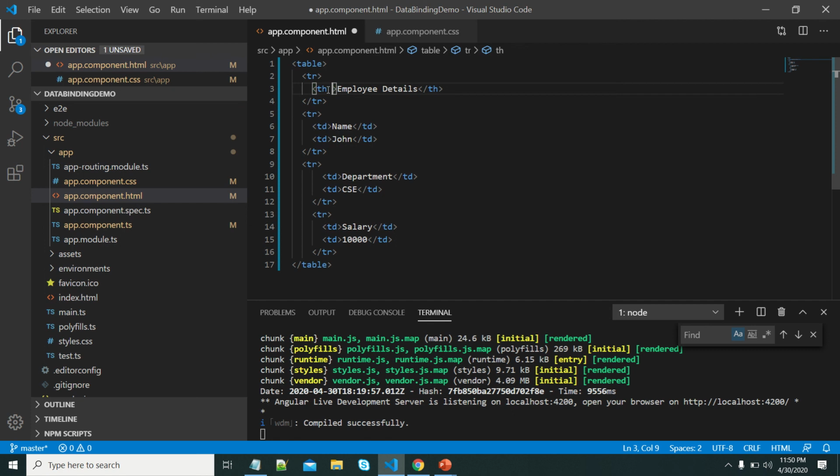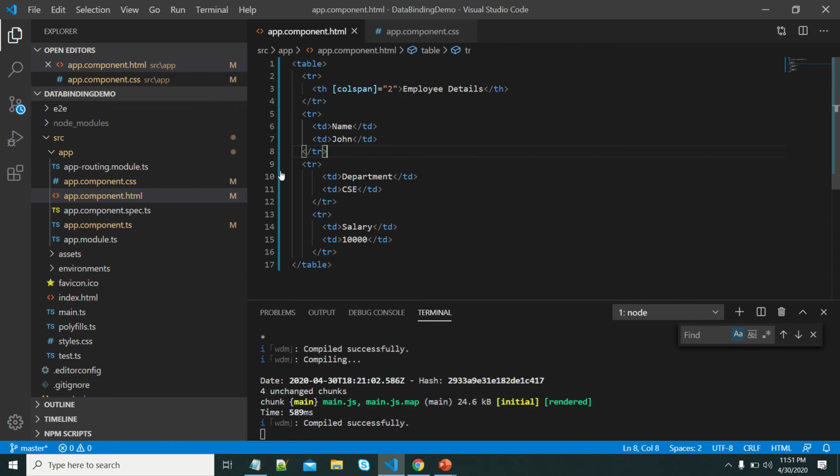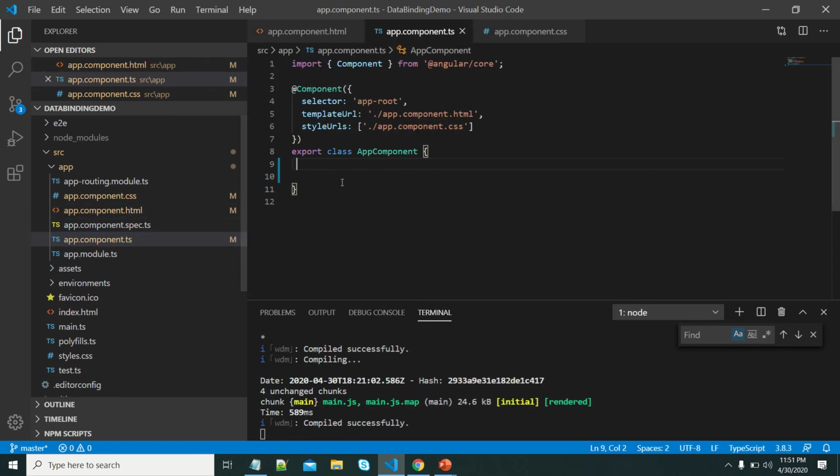On the th, this is the colspan. Let us assume this is a property of the DOM. I'm using property binding where I am specifying 2. If you want to pass that value from the component class, let us write that also.